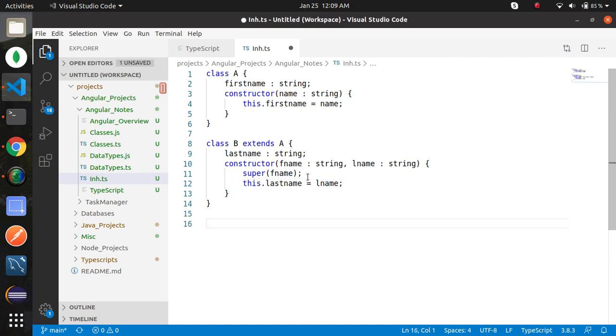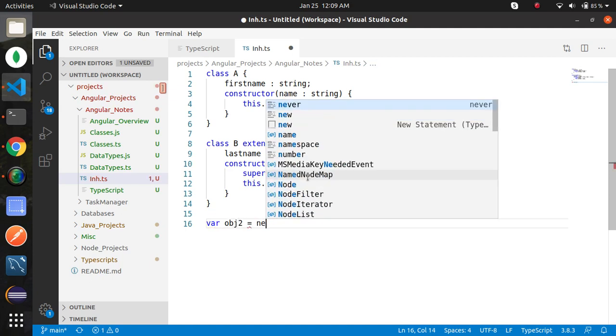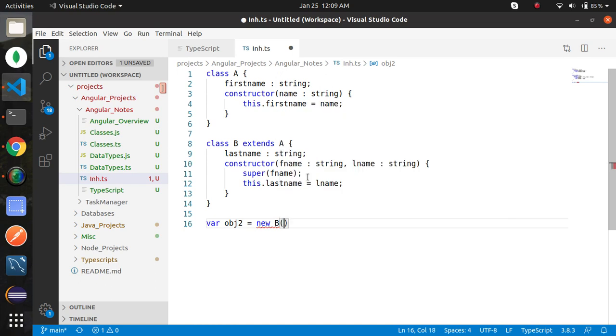Now create an object of the child class, var obj2 equals to new B. I need to pass first name and last name. Suppose I am using Rahul as the first name and Kumar as the second name.